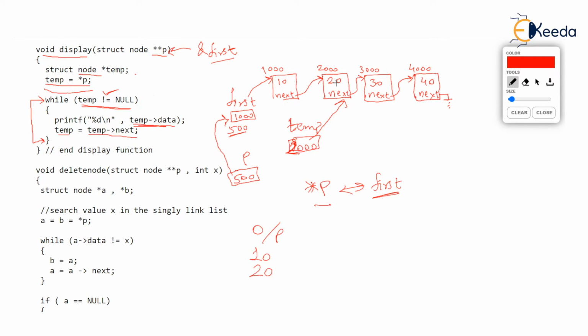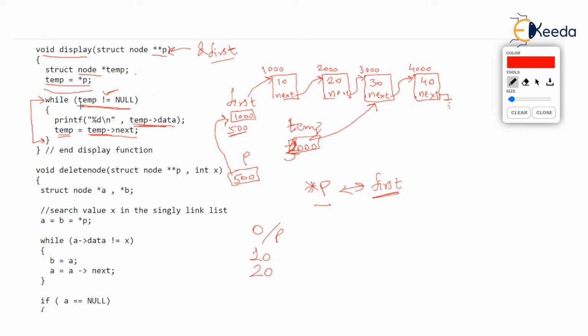And now the line temp is equal to temp arrow next. Read it as temp points wherever temp arrow next points. And temp arrow next points to 30. So temp will discontinue to point to the node 20, but it will now point to 30. So the address of the node 30, that is 3000, will be stored by temp. I'm overwriting this, just manage this. Temp is now 3000. That means temp points to the node which stores 30. So now you will go back to while and recheck the condition.